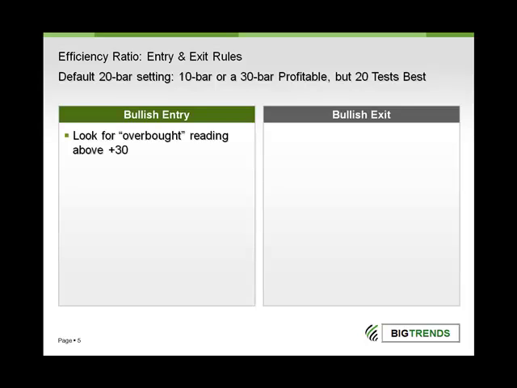Efficiency ratio, just like stochastics and MACD and %R, is an oscillator, but it oscillates around 0. So our overbought level is going to be positive 30. The oversold level, which I'll get to in the bearish rules in a minute, is negative 30. So you're really looking for price action on the bullish side above that positive 30 level to signal that you're in that